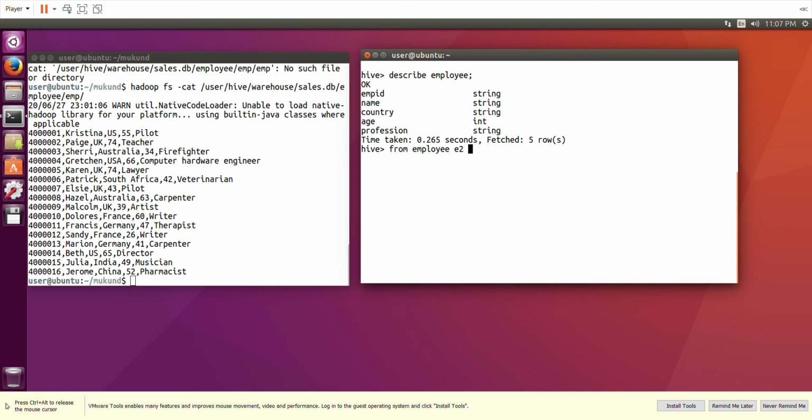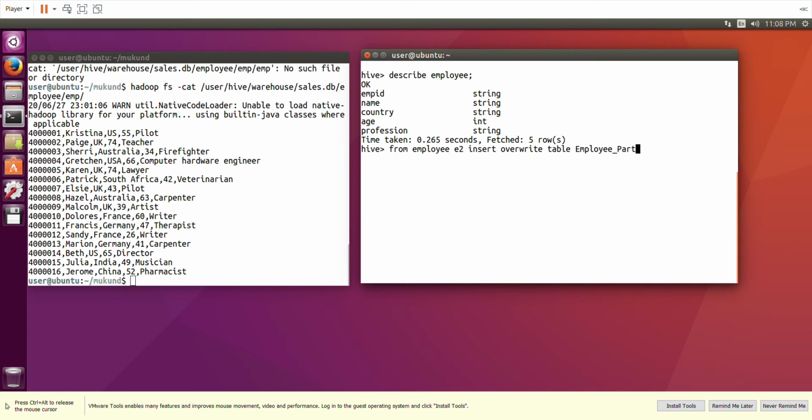So from employee E2, insert. Where to insert? We are saying insert overwrite. If the data is already there, overwrite it. Which table do we have to do that on? We have the table called employee underscore part.